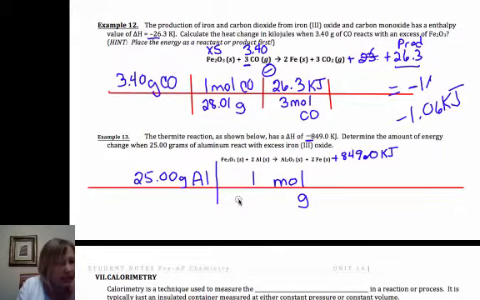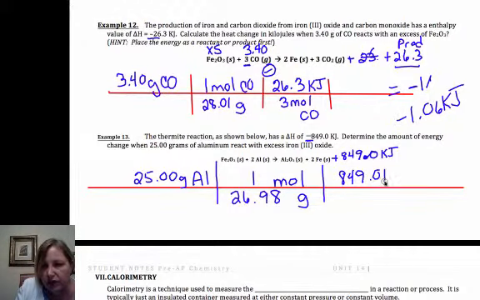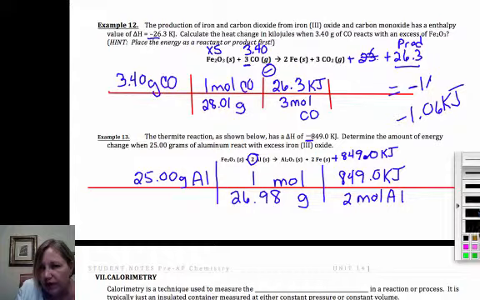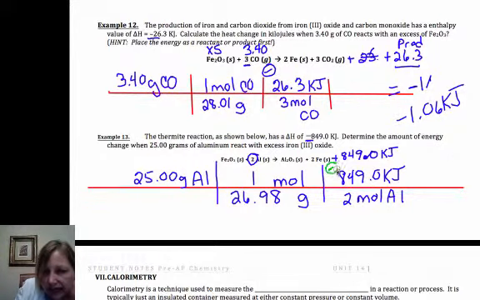I hope you see that this is the same old stuff. 26.98 grams times 9.0 kilojoules per, look at the aluminum, 2 moles of aluminum. I recommend you find some sort of method to help yourself out. I want my little reminder that energy is released, and it ends up being negative